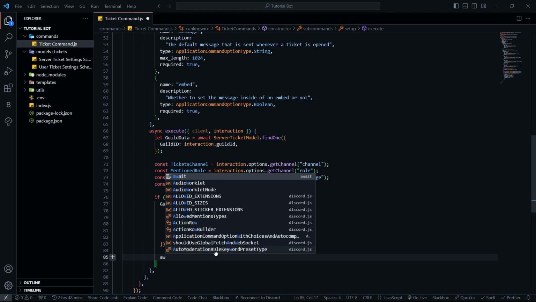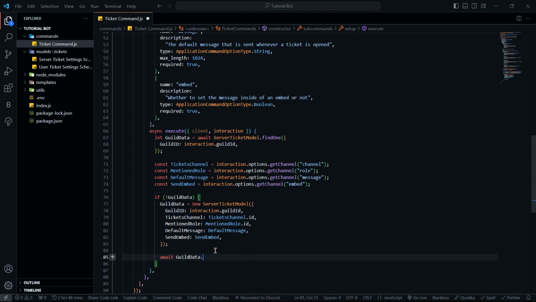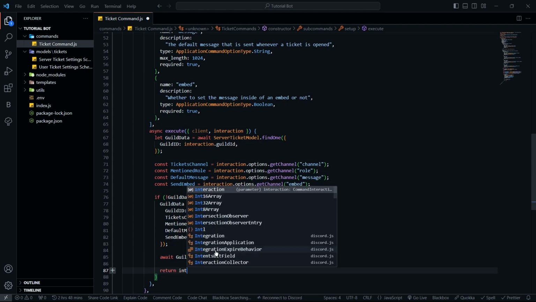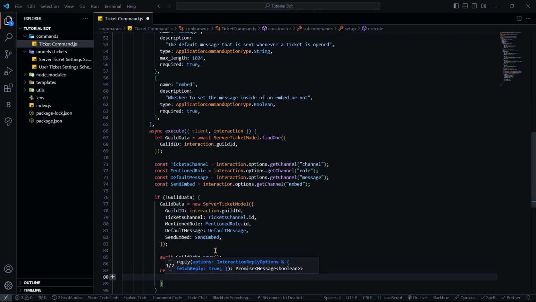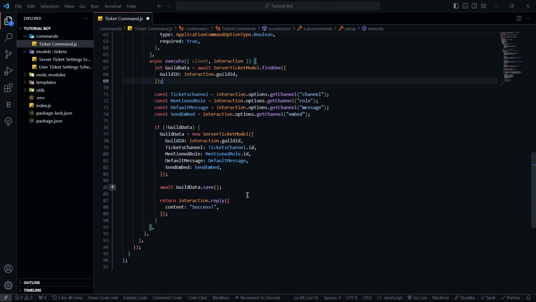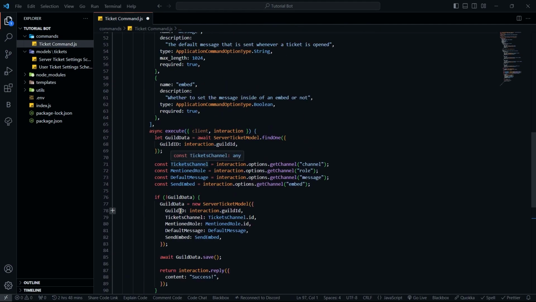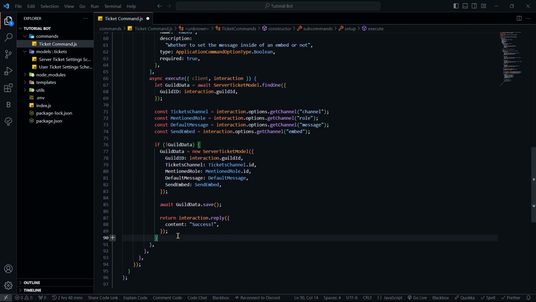I'm going to say await guildedata.save. And then I'm going to go ahead and return interaction.reply. And I'm going to say success. So I'm going to say content success. Of course, you can customize the error message or the message itself to your liking. So I'm going to go ahead and say else to this if statement, and let's go ahead and create or